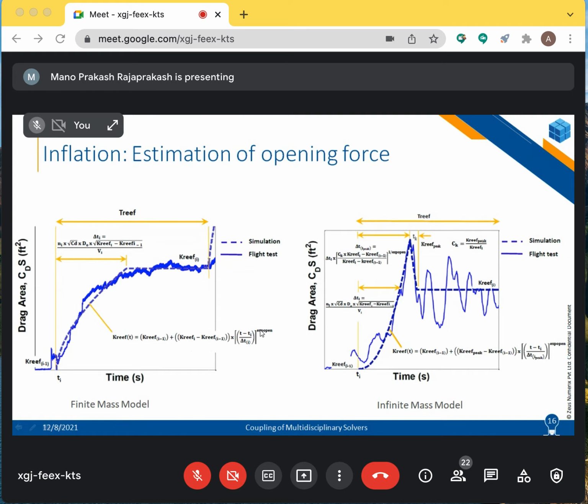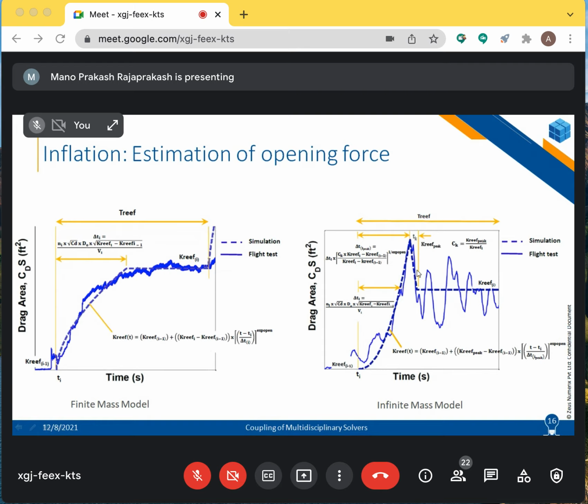I'm not going into very detailed quantities of what each and every input parameter is. In a superficial manner, I can explain how these parameters affect the curve. For example, this parameter called expopen can control whether it is a concave curve, or if the user wants to model inflation as a convex curve, or just a straight line. This way, each and every modeling parameter can help us model the drag force generated by the parachute the way we want.